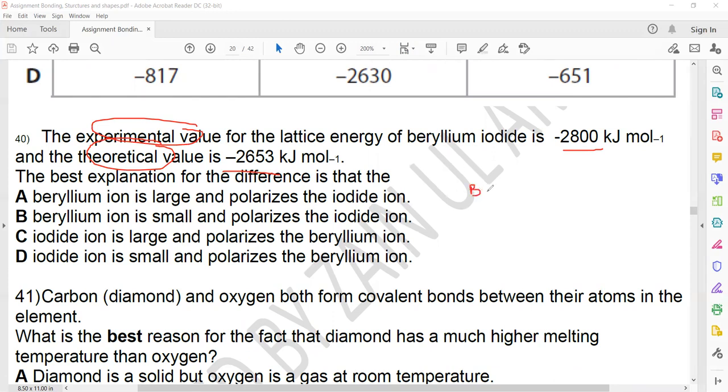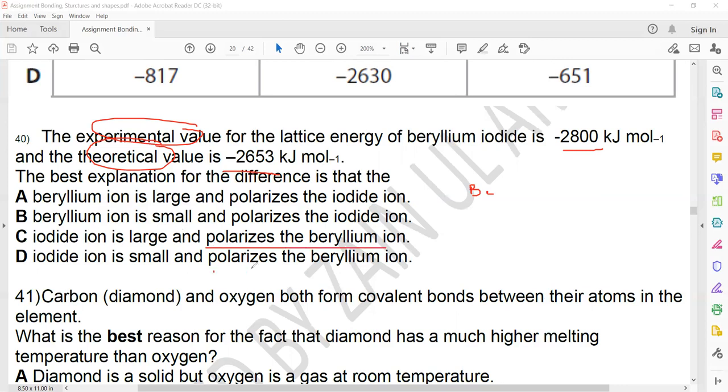Beryllium ion is smaller in size. The size of the positive ion should be smaller and the size of the negative ion larger to cause a greater distortion. So the beryllium ion is smaller in size and it polarizes the